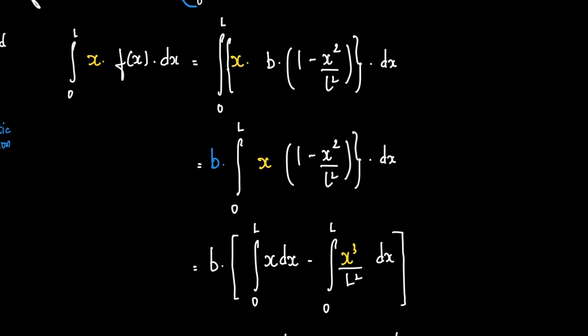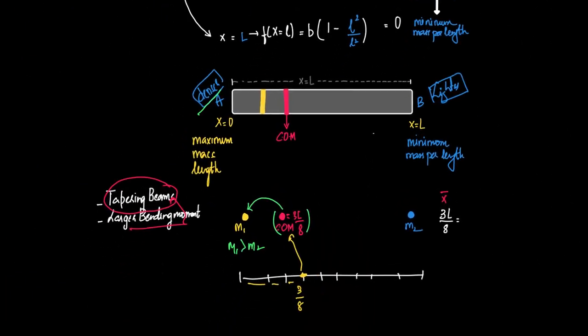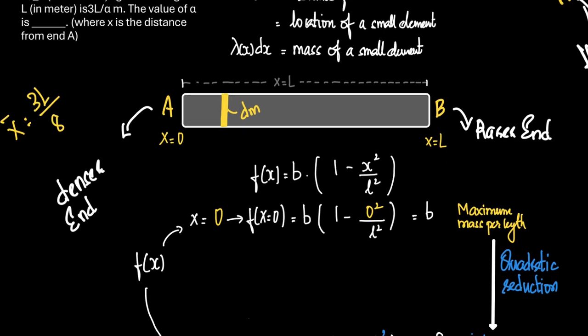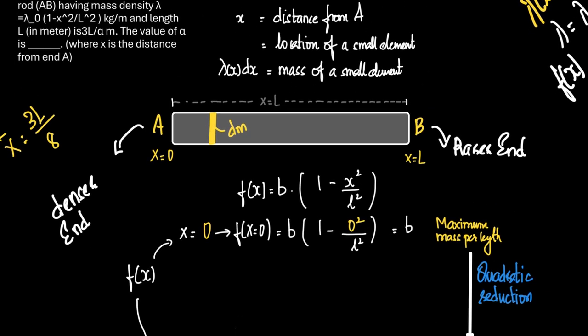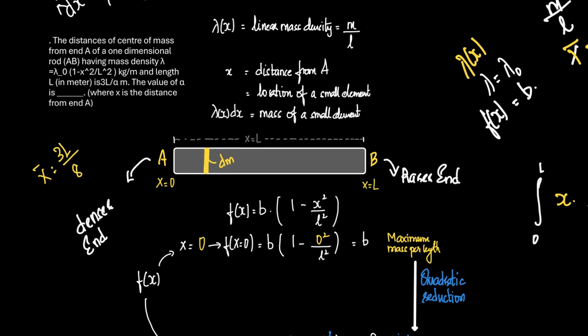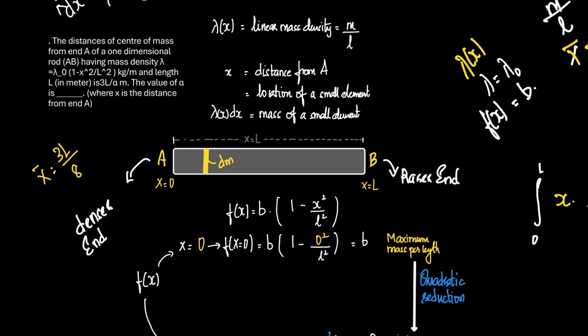Now how do you understand that? For that, we have to come back to our diagram, which is here. So when we say that the linear mass density is a function of x, linear mass density is a function of x, which means the linear mass density will have